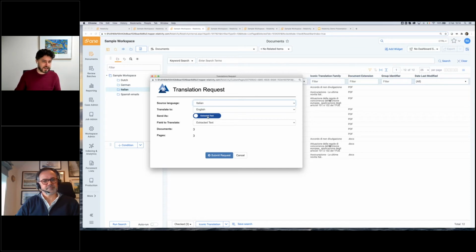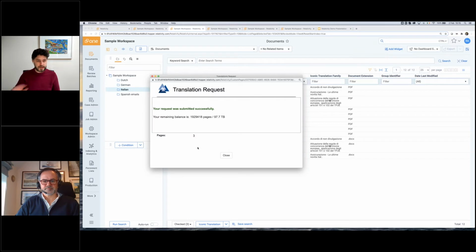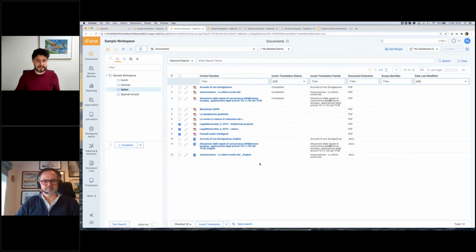We're preset to translate the extracted text as well. But again, you can override that if you just want to translate the natives. If you're translating the extracted text, you can select which long text fields you want to translate. You might have multiple options, so you can select that there. And now it's telling you you've got 3 documents selected. It's only going to be 3 pages that it will take from your subscription. You hit submit, and those files are now sent off to our server. Or well, they're put in the queue, and the agents are going to start working on them and sending them off to our service. So that's one way to translate them, as a mass action.